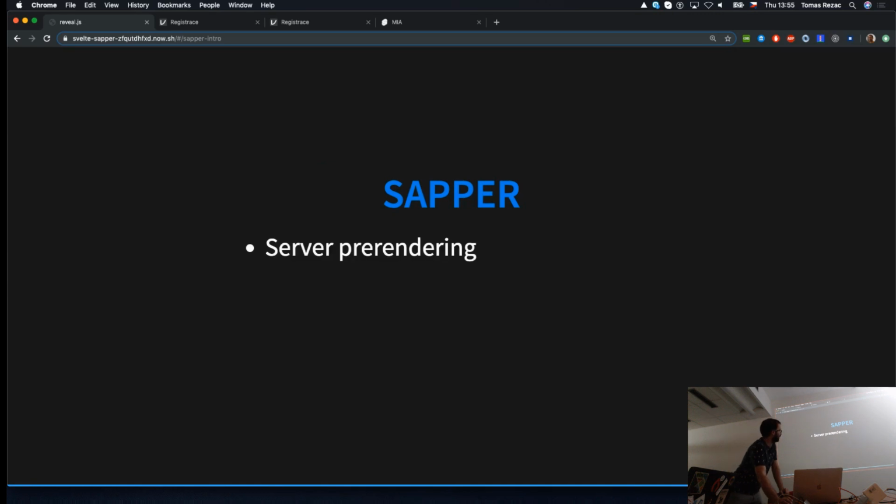So Sapper, it's the pre-rendering part, as I said earlier, in the beginning. It works like in the other frameworks. You just hit the URL, the server checks what's on the page. It actually has access to the session, which can then be transformed to some JSON and pushed to the page as well, so you can later use the data from the sessions and so on.